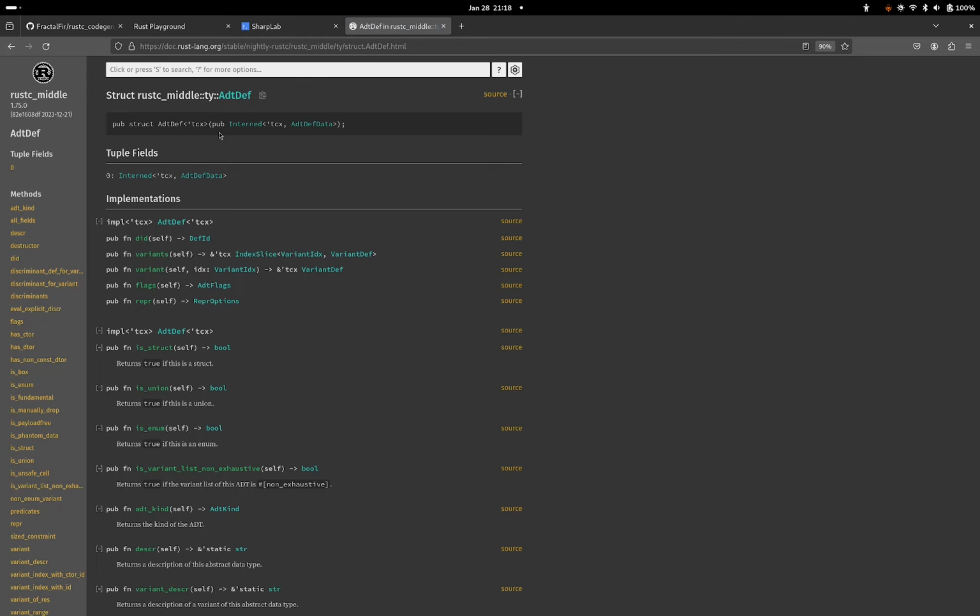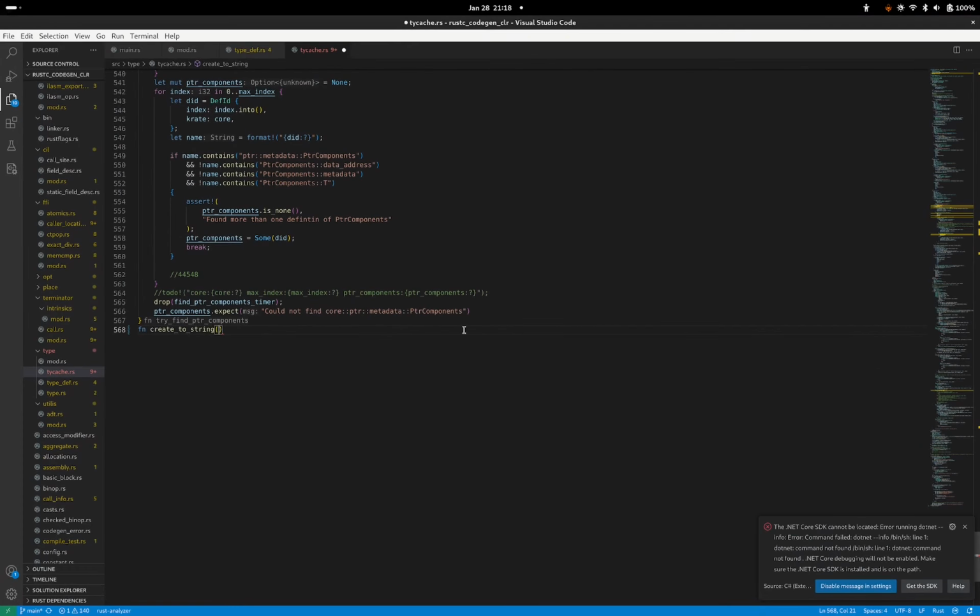By using ADT, I need to handle all of those cases, but I will probably just start with support for struct types. Yeah, so here I will take a definition, ADT def, a reference to the definition of the type, and I will return the appropriate method, the ToString method. Okay, so now,